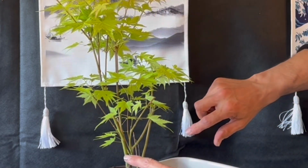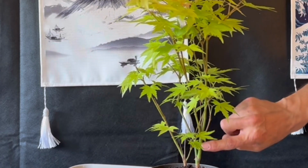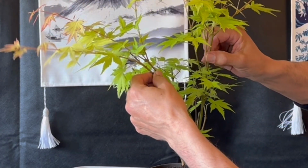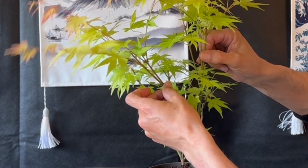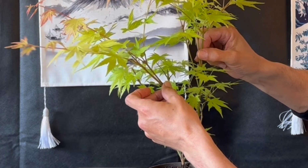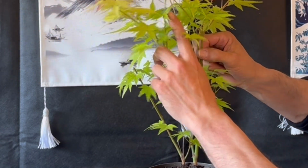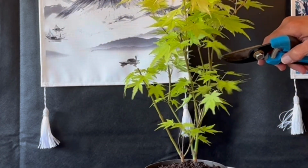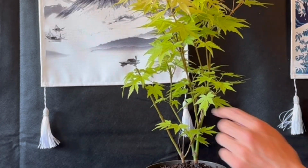So then we come to the main stem of the branch, and as you can see, it splits into two quite low down, which is great, which is fine. I quite like that. We can manipulate that. We could put some wire around that and change things about it. Then it comes up and it goes into two again. Now obviously we don't need all of that, but